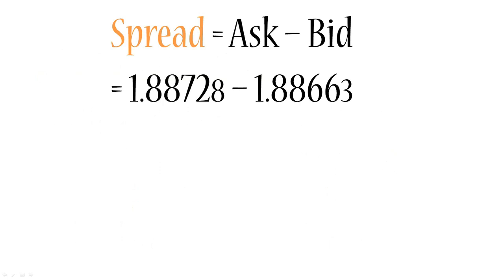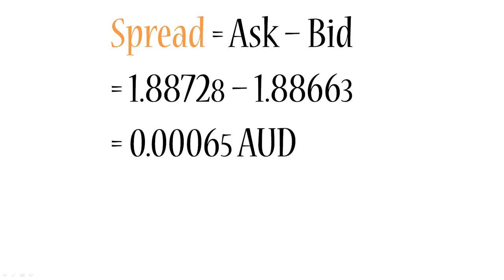So once again, let's calculate the spread. Here as shown in our previous example, but I have added the 5th digit as a smaller number, and a lot of brokers do that just to show that it is 5-digit quotations, because when you have 5 digits after the decimal point, it can get a bit confusing and like a lot of numbers. So the difference of the ask and bid price in this case is 0.00065 units of the quoted currency, which is Australian dollar, and that equals to 65 points.